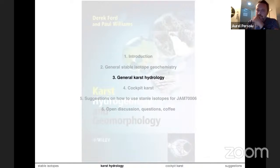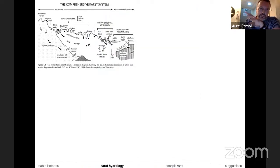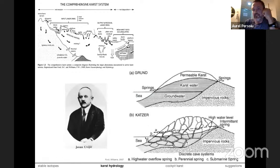It will be a very general introduction. I will just put this about the karst system. So we have surface features that are sending the water underground. Importantly, the waters in karst do not behave as they do on the surface. So contrary to the first